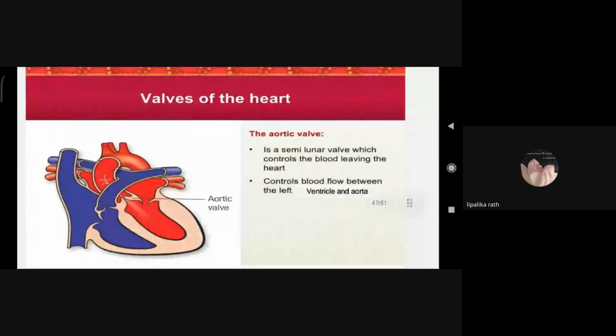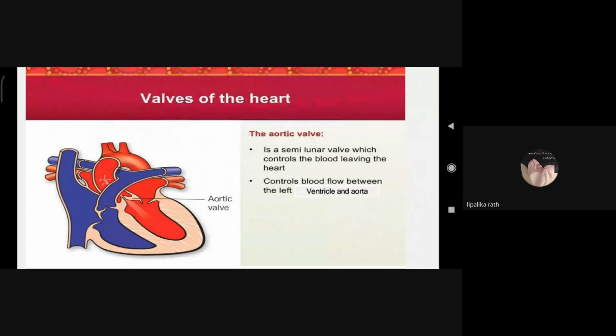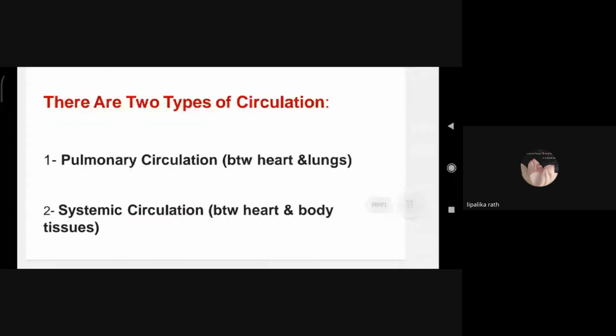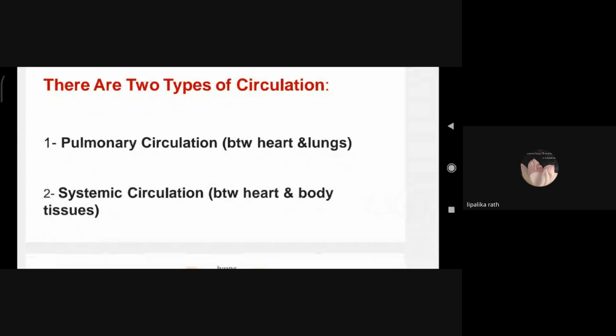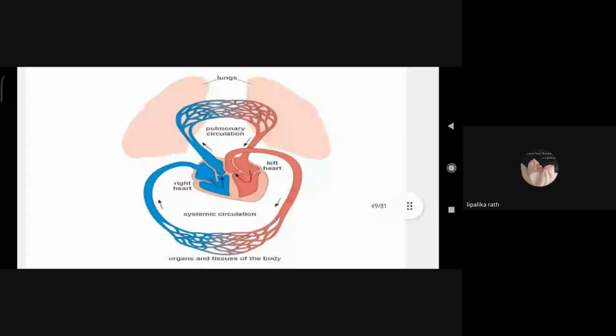Next is aortic valve. Aortic valve is a semilunar valve which controls the blood leaving the heart. So it controls the blood flow between the left ventricle and aorta. And just now we have discussed pulmonary circulation and systemic circulation, between heart and lungs, between heart and body tissues. Okay. So here in this picture you can see